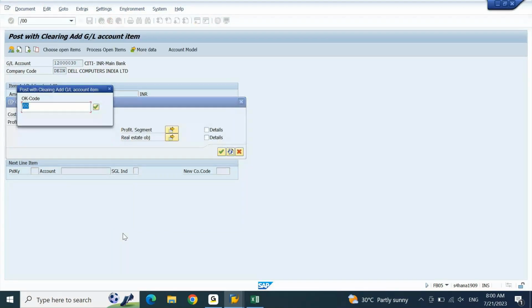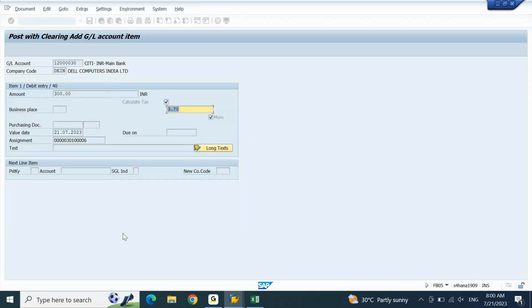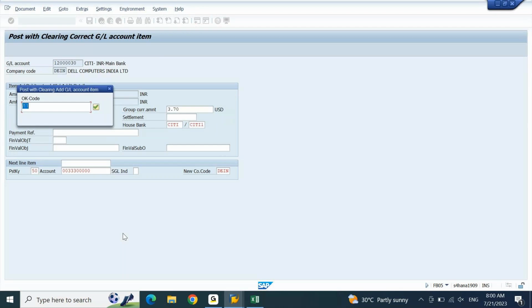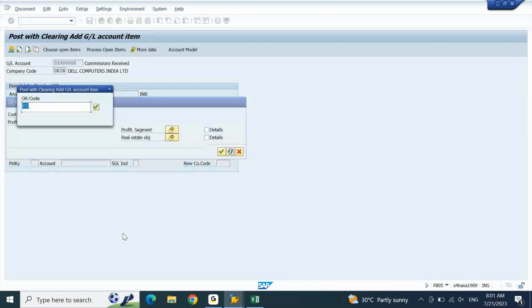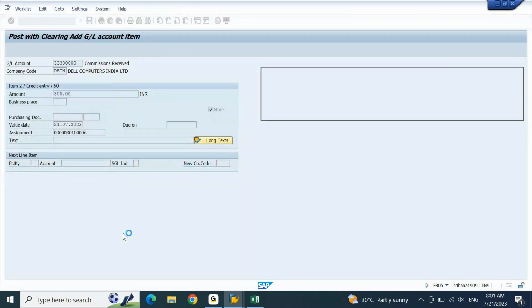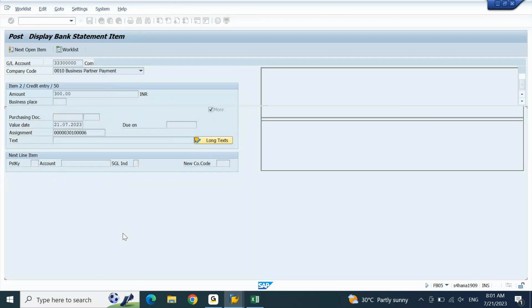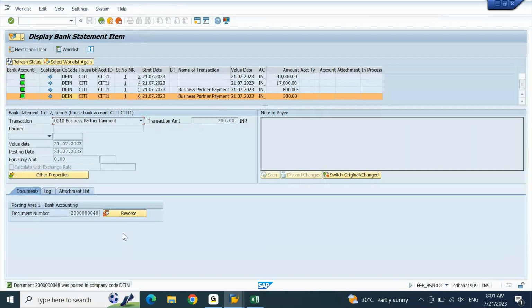Now I am reprocessing it from the FIBAN screen, not from the batch input session. Let's see if that error disappears, whatever the document splitting change that we did now. Enter. Now this entry is processed. You are able to see a document number at the bottom. And one more entry which was pending